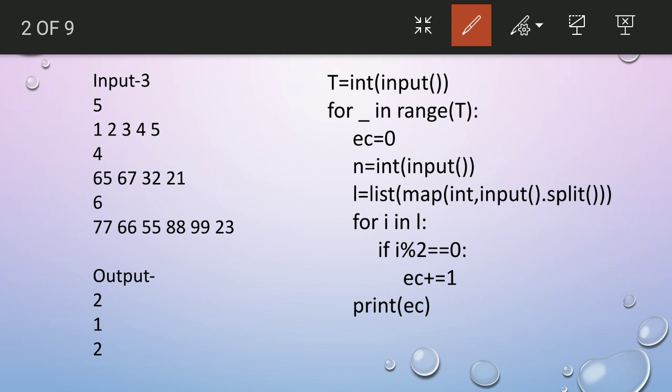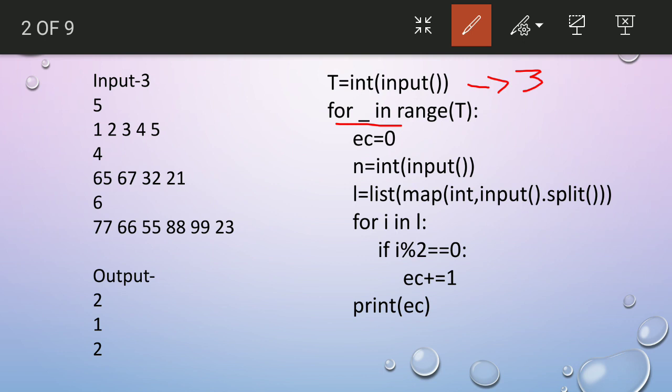Same as when we start writing the program, first we see how we need to take the input. So same here, we have taken the t, which is your 3, the test case. Up to 3 times we need to iterate the loop. So we have taken the loop from 0 to 2. It will iterate from 0 to 2, that is t minus 1. Why have we taken underscore here? We could take for i in range of t, no matter, because this i variable has no use here, that's why we take underscore.